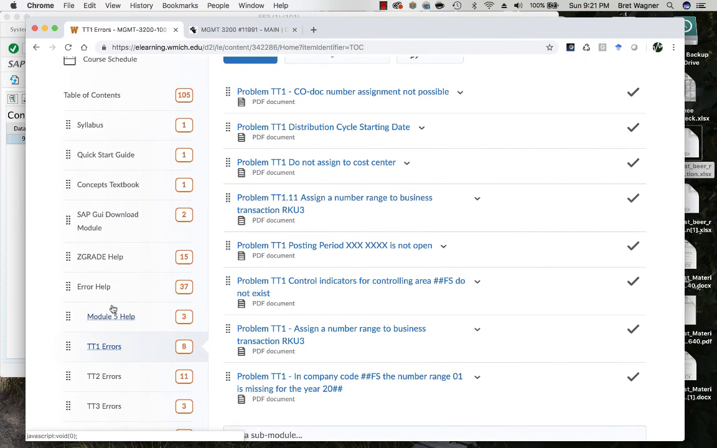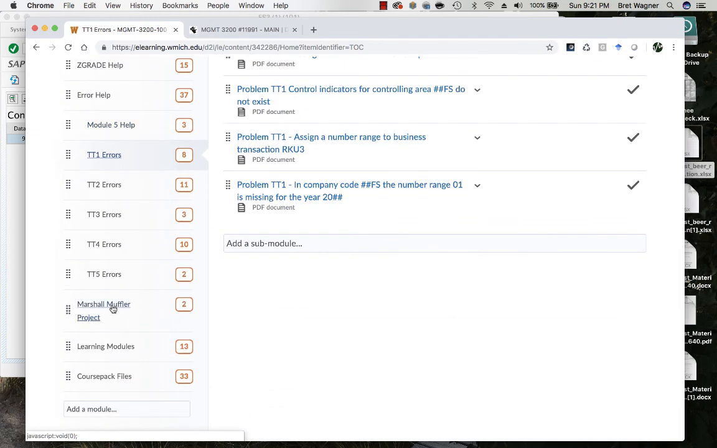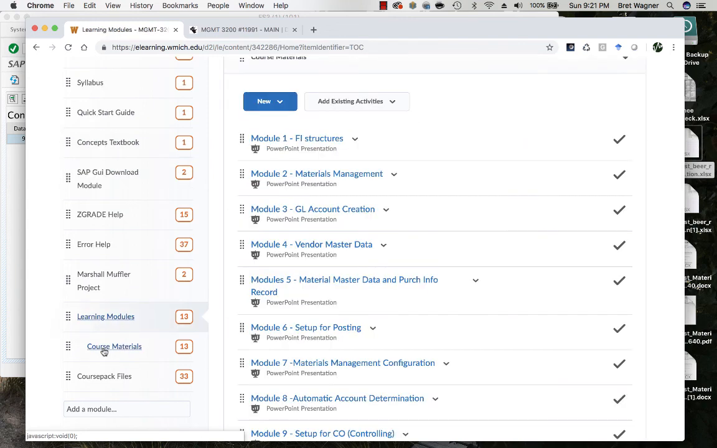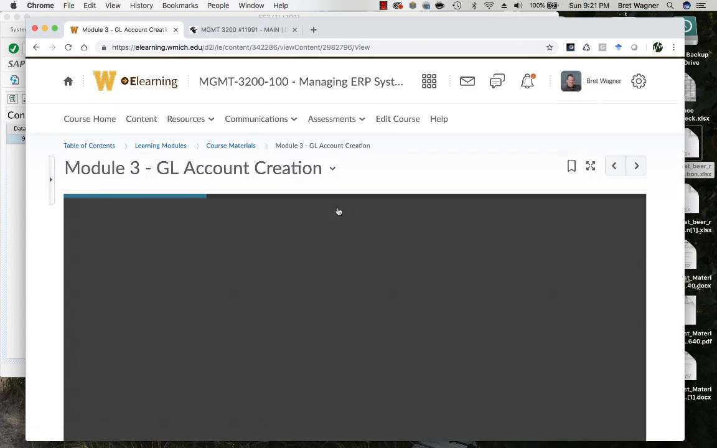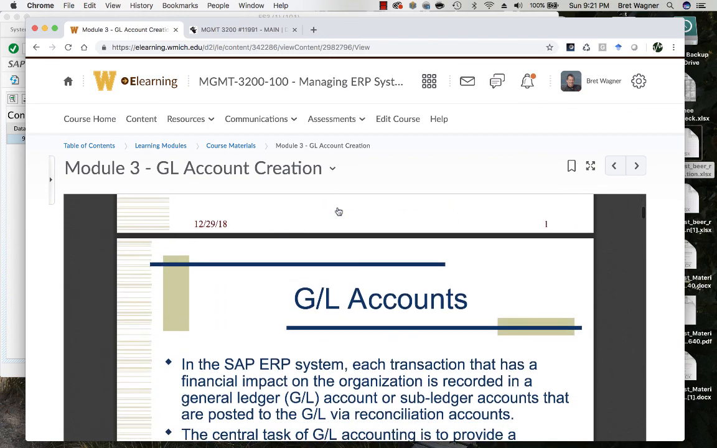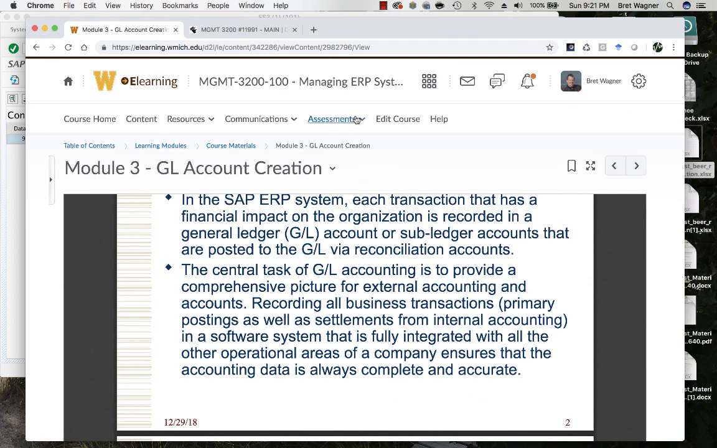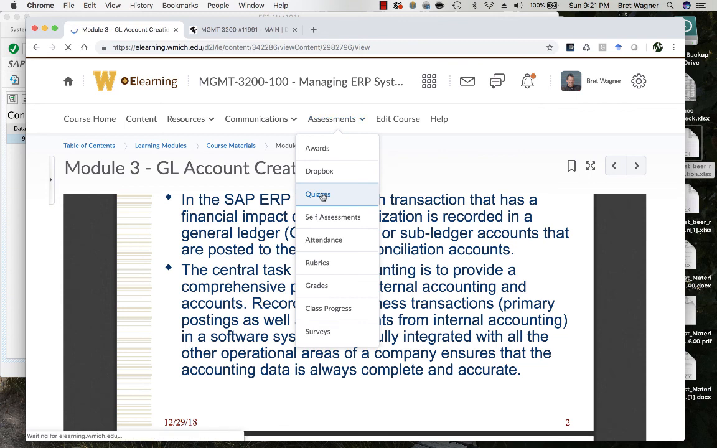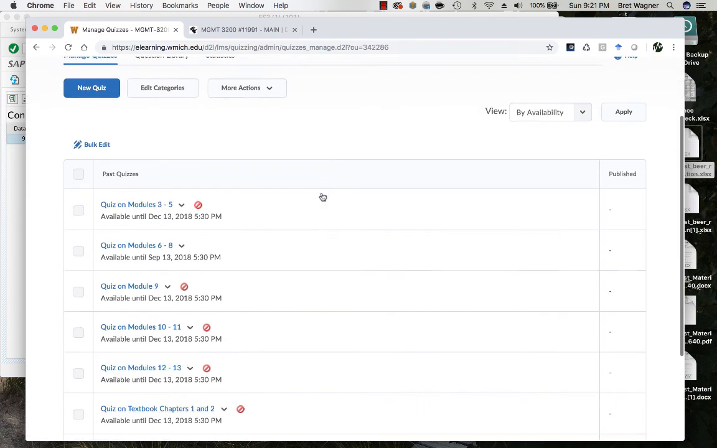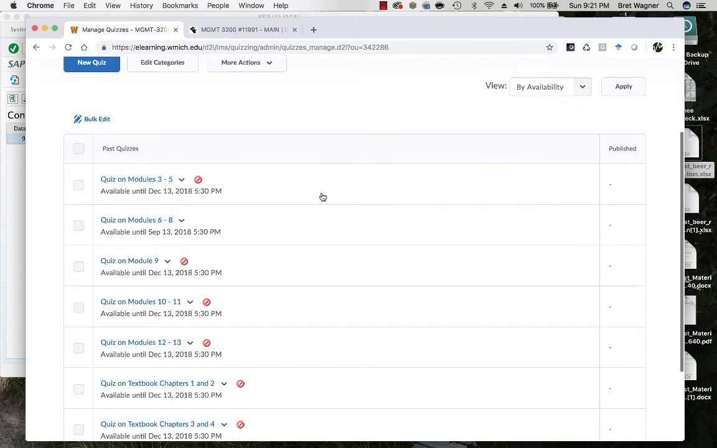The other thing that's important are learning modules. So there are quizzes in the course that are based on these learning modules, these PowerPoint files. The first quiz will be on modules 3, 4, and 5. You should review these PowerPoint files and try to understand the concepts that are presented. Then go to assessments and take the quizzes. You'll see that all quizzes are available for this